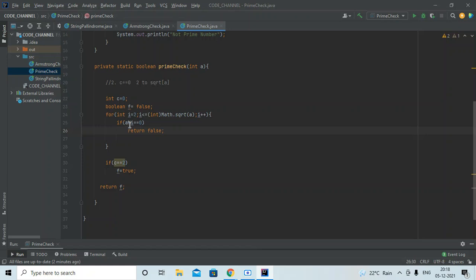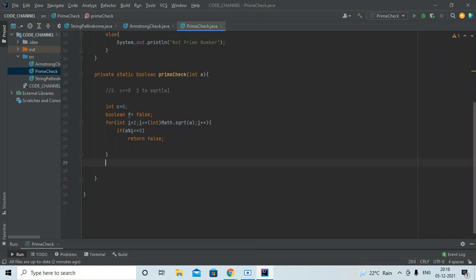So if it's a prime number, then the whole loop would be executed and the control would come here, right? If it's not a prime number, then directly inside the loop we would get a false return. Boolean false would be returned. But if it's a prime number, then the whole loop would be executed, and there would be no factors found. That means this if condition never becomes true, so the return statement would never be executed. So ultimately the control would come to line number 29, so return true would be executed, right?